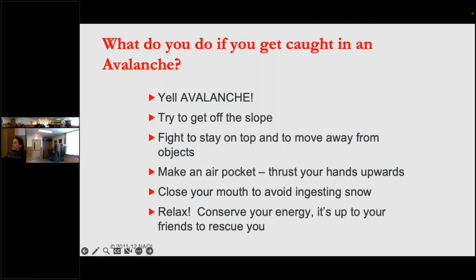As the snow starts slowing down and comes to a stop, it's going to set up like concrete. So you want to try to make an air pocket around your head. Another thing is to try to put your hand upwards.